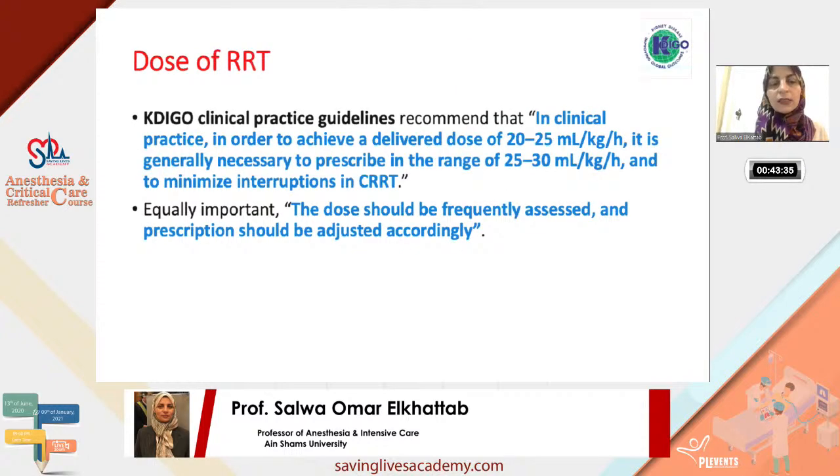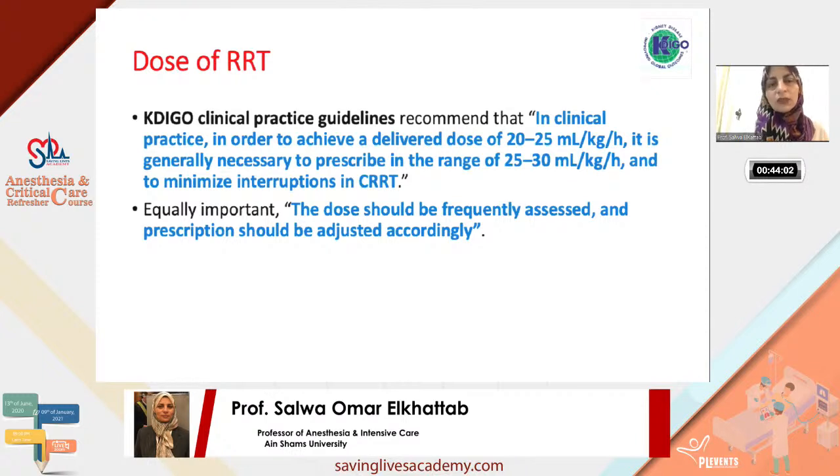Our guidelines setting that in clinical practice, to achieve a delivered dose of 20 to 25 ml per kg per hour, we have to set the rate at around 25 to 30. Actually, this is speaking about continuous renal replacement therapy. In continuous renal replacement therapy, it's continuous, supposed to be over the 24 hours, but in real life, it is